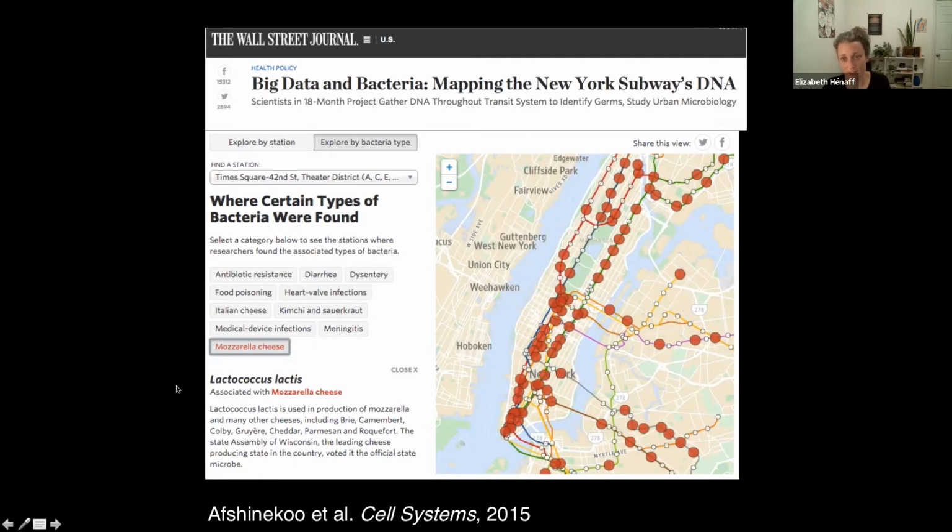The main takeaway of this study is that most of the microorganisms that are in the subway are brought there by human activity. So they're either human-related microorganisms or related to the fermented foods that we eat. But another really interesting finding is that we found a higher proportion of multi-drug resistant bacteria in subway stations next to hospitals. So we know that multi-drug resistance is a big problem in hospitals. So these are human pathogens that are acquiring resistance to multiple different antibiotics, and they become very difficult to treat.